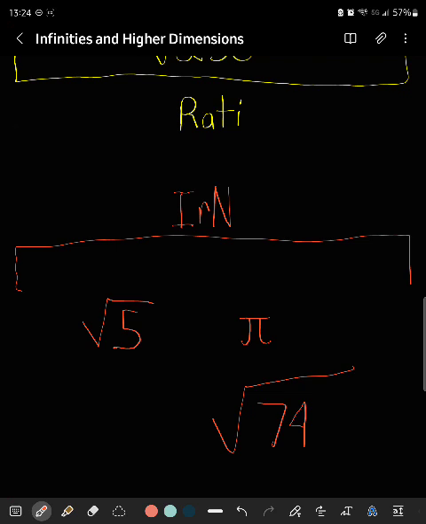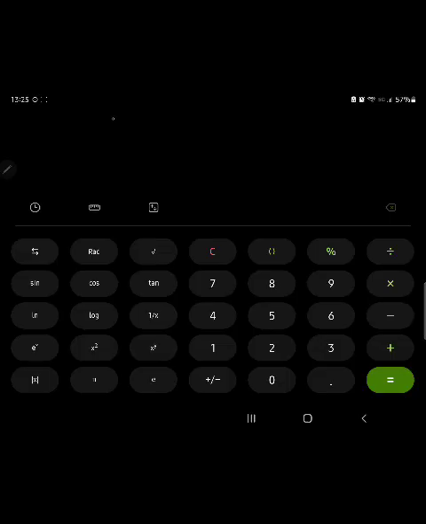If you were to put it into a calculator, oh shoot, I can download a calculator, just give me a second. That wasn't as long as I expected, but suffice to say,